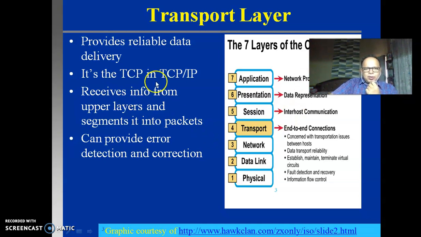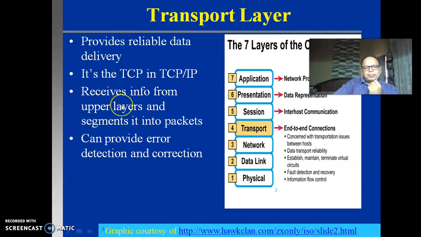We will very soon study the TCP/IP model, but it is TCP, that is transmission control protocol, in the TCP/IP model. It receives the information from upper layers and segments it into packets.